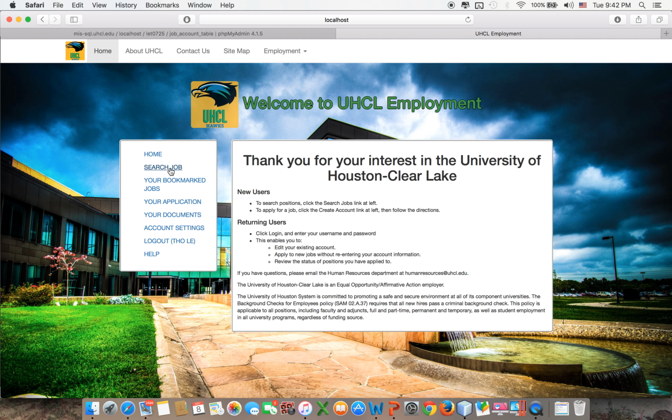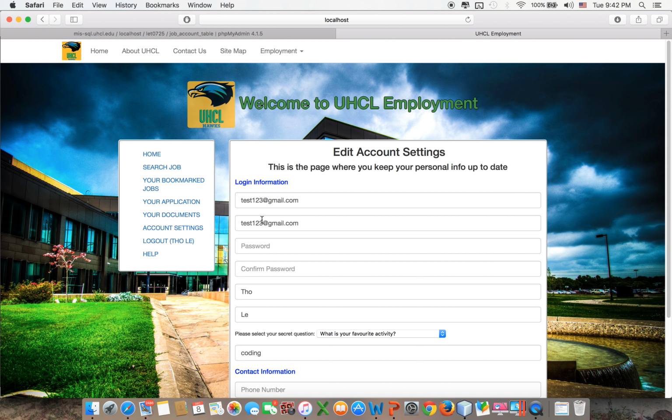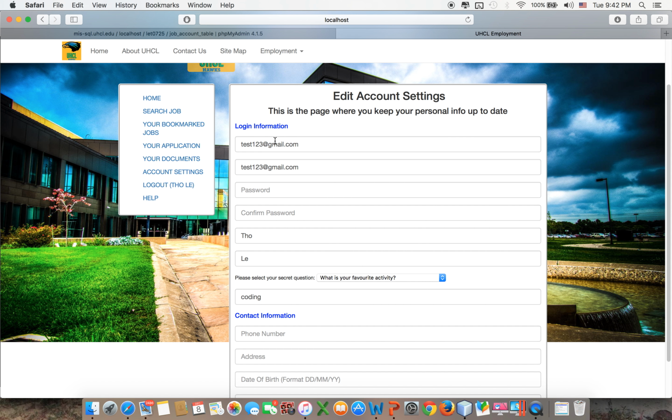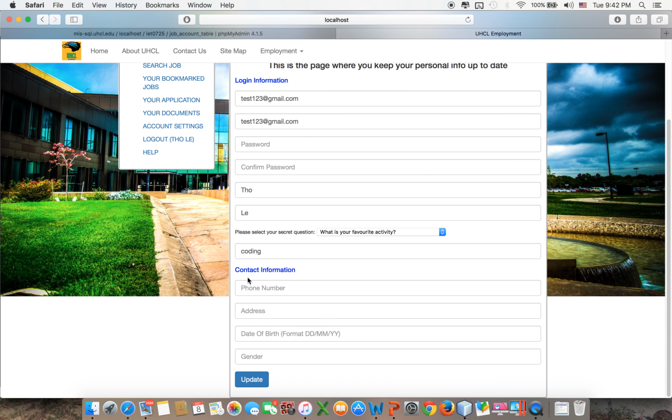I can search for a job, update my account or resume here, and also update my account settings. Okay, if I want to update my account settings, I can update email, password, first name, last name, secret question, phone number, add phone number, maybe